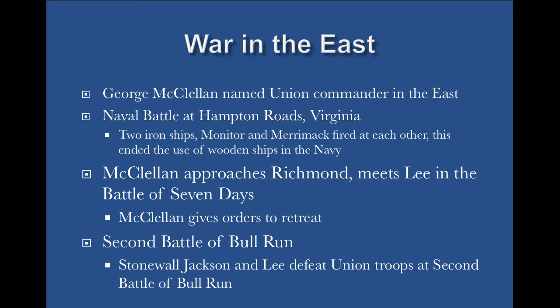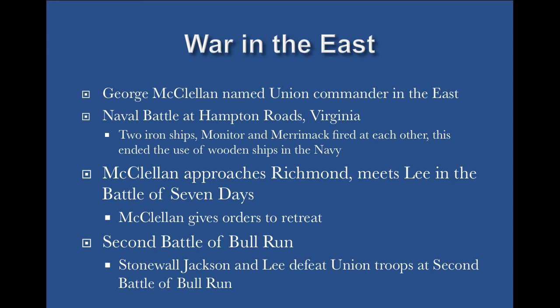Nobody wins. But the important thing about this naval battle is it ended the use of wooden ships in the Navy. It started the use of ironclad ships. So these two ships were very different because the other ships had been wooden. These were ironclad. So that was kind of an important part of the Civil War, contributed to the development of the Navy. After this battle, George McClellan, on the Eastern Front, approaches Richmond, Virginia, to attack Confederate troops, and